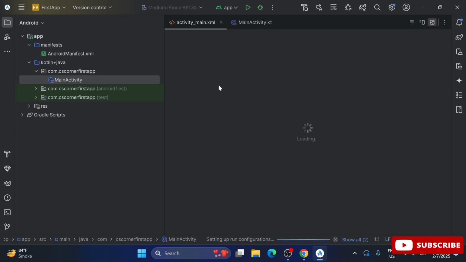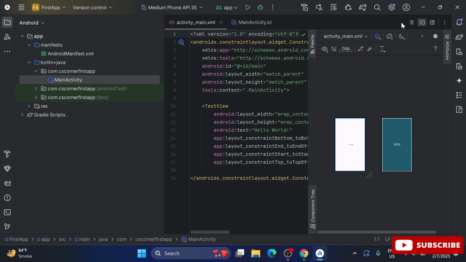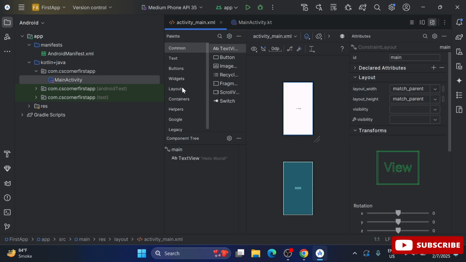Here I have the activity_main.xml file. This is the layout file where you can put your widgets, components or controls on your activity. Whatever design you want to do, you can do through this activity_main.xml file. Here we have various options: you can go to design view, you can split the design and code view, or you can go entirely to code view. At the left side we have one very important folder, the resources folder. If you want to show some images, you can put all that in this resources folder. So this was all about the introduction to the files we have in Android Studio.